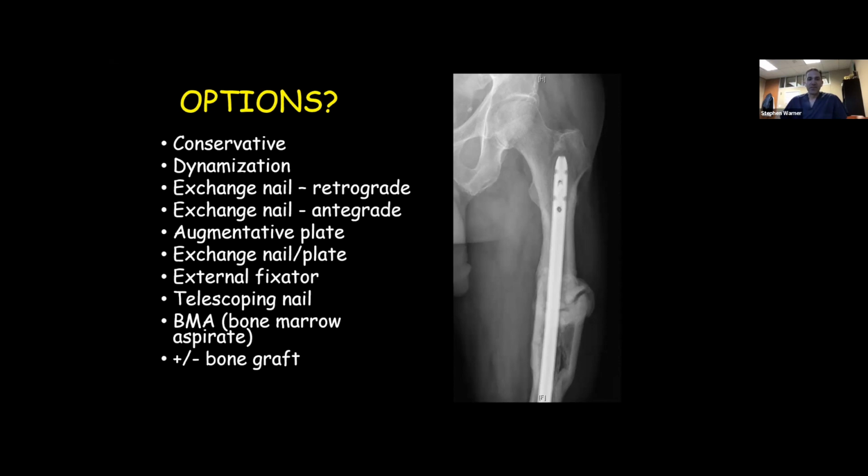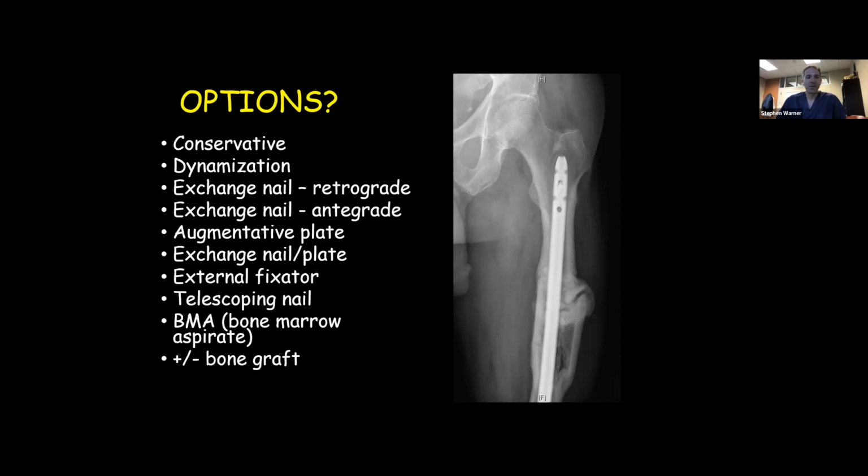I think taking the patient's history into account is really critical. They've already had an exchange nail attempt with a large diameter nail, and something that you can get caught doing is trying the same thing over and over again and expecting a different result. So I think with these cases with a history of previously attempted non-union repairs, it's worthy of a discussion with the patient of trying something new as opposed to something that may not have worked in the past. So certainly this is tempting to try another exchange nail with the correction of alignment, but